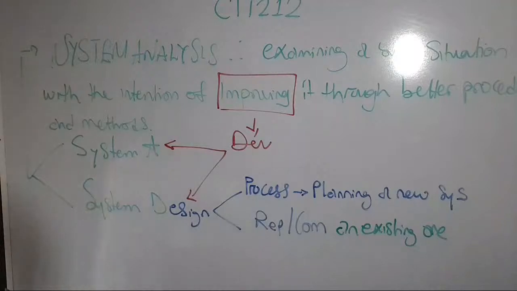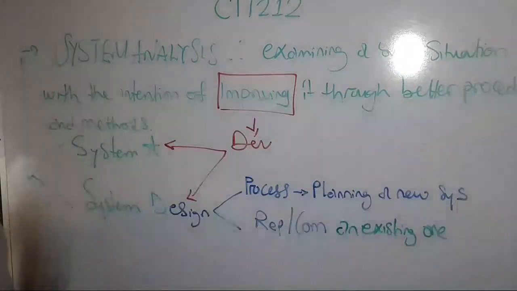That means you need to gather and interpret facts. It's a fact gathering and interpretation process. Not just that, in as much as you have gathered and interpreted, you then need to diagnose. All this fact gathering is for you to know what is the